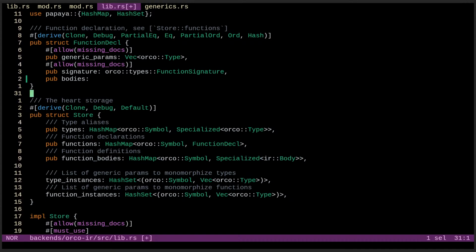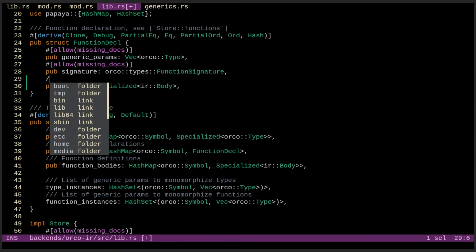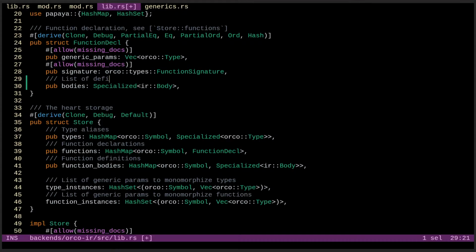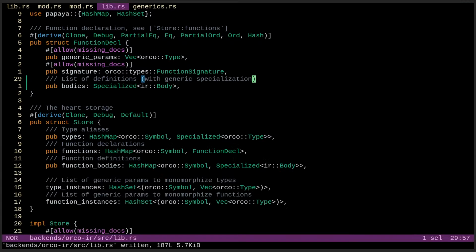List of definitions with generic specialization. Okay, like that. So that's bodies.